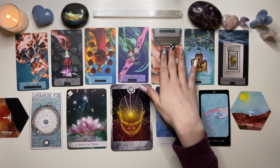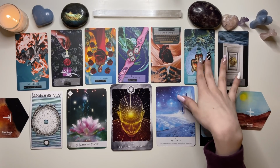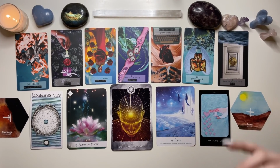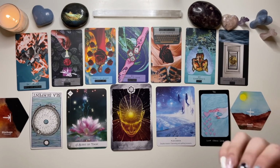Spirit really wants you to look at why it is that you're doing things, because I can almost see how you've been making things that might be widely accepted on a social level, but I feel like they don't satisfy you on a soul level. I feel like Spirit is asking you to look at your intentions behind the things that you do and why you do them. Are you doing it to make yourself happy, or are you doing it for approval? Are you doing things to give love to others and lift others up, or are you doing it because you want likes or numbers? And essentially, Spirit's kind of blocking your creative abilities right now